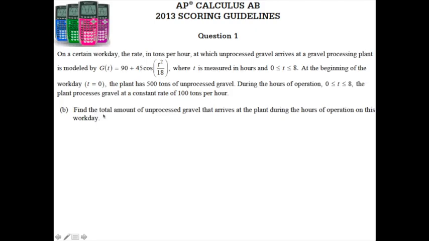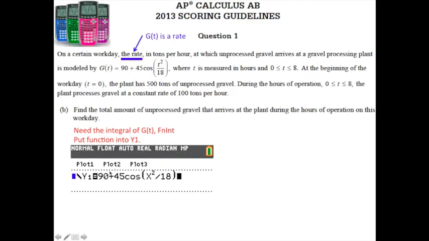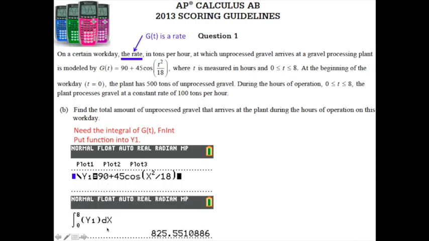For part B, it says find the total amount of unprocessed gravel that arrives at the plant during the workday. So let's just pretend that maybe this machine broke down, but we still have gravel coming in. Arrival means we just need to accumulate this function. So here's our accumulation portion of the question. We know it's a rate, so we need the integral of that, and we already have the function in y1. So we're just going to do an fnInt from 0 to 8, an 8-hour workday, of y1, and we get